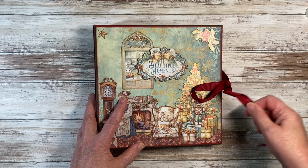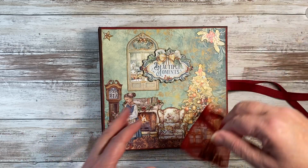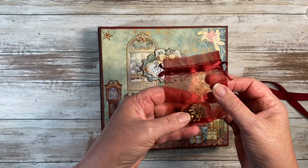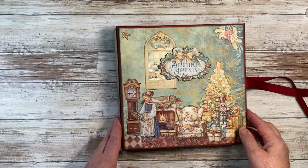So let's take a look at the inside. Now, I will tell you that if you order the collection from them, they will send you free of charge this little goodie bag full of brass elements, and I did play with several of these throughout the making of